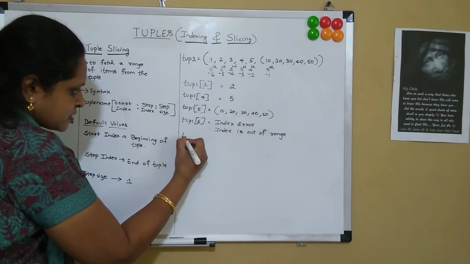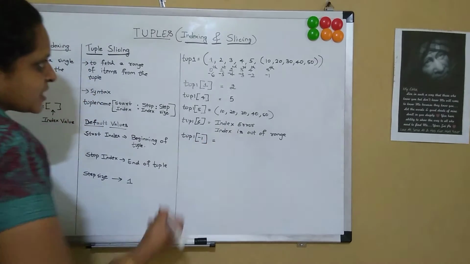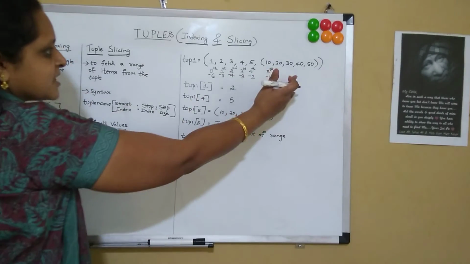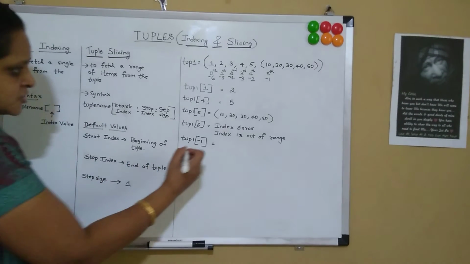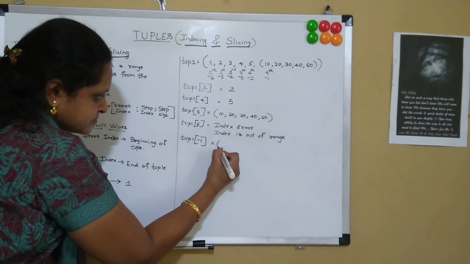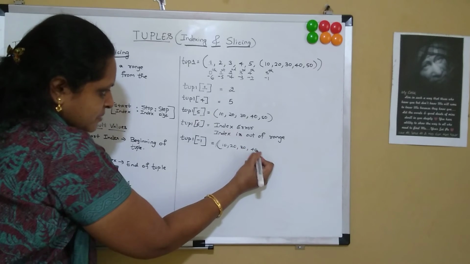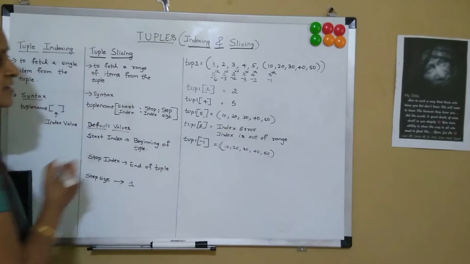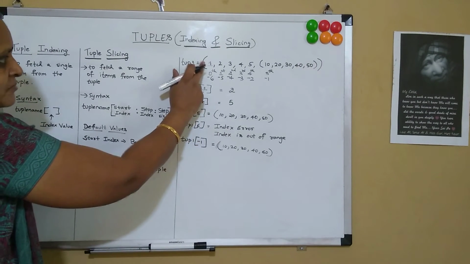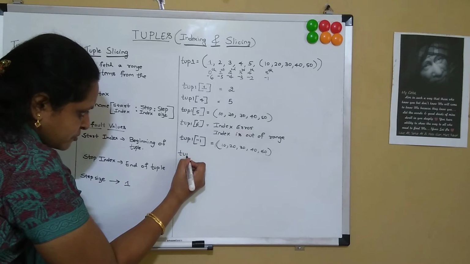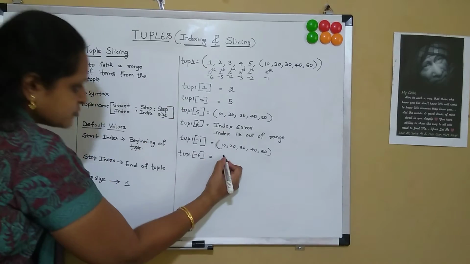And now let's go in for the negative indexes. If I give tuple1 of minus 1, it spans from right to left. The last element will be at the minus 1 index. So I'll again have my tuple, that is 10, 20, the innermost tuple, at the minus 1 index. Now if I say tuple1 of minus 6, the item 1 will be fetched. So tuple1 of minus 6 will give the item equal to 1.